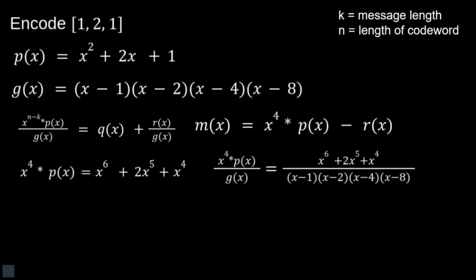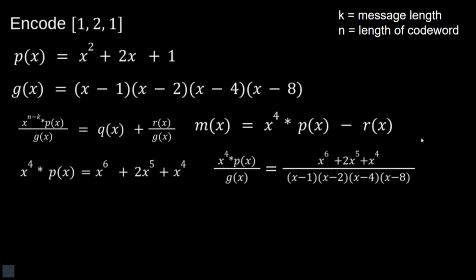Here we also have a formula that will help us create a code word with parity checks. Note that n is the total size of the code word and k is the message size. In this example, n will be 7 and k will be 3. We first need to extend p of x by multiplying it by x to the 4th power, then divide it